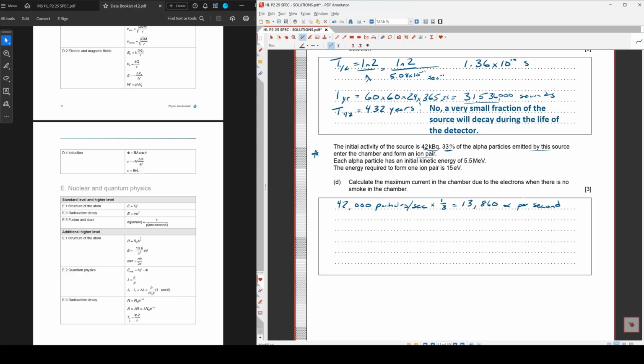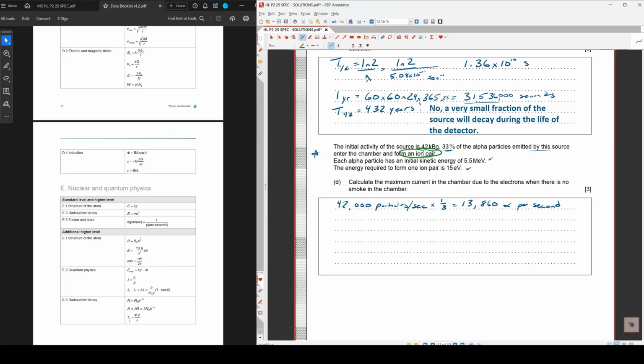That seems like something. Because they tell me now each alpha particle has this much energy. And then they tell me how much energy it takes to form one ion pair. So I'm thinking I want to know how many ion pairs. All right, where is it? This is crazy. This is terrible test writing. This is bad. If you ask me, they should throw this question out if they put it on the test,